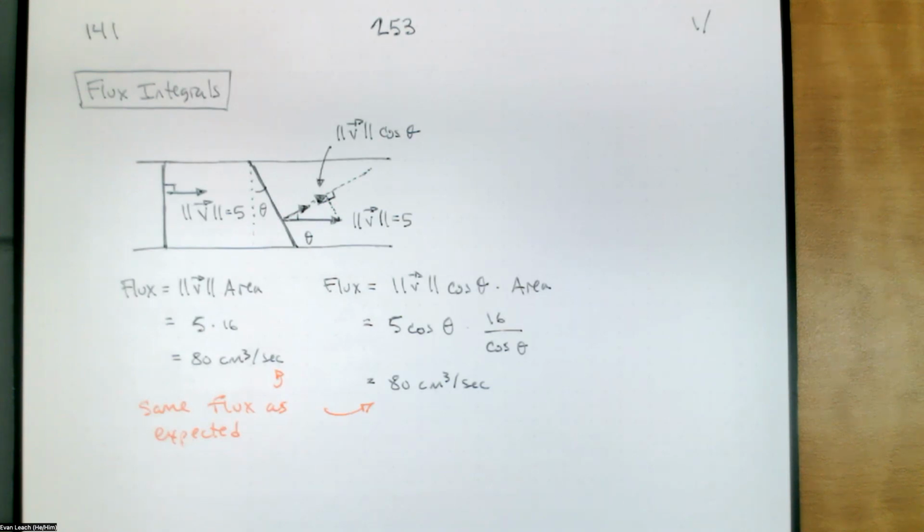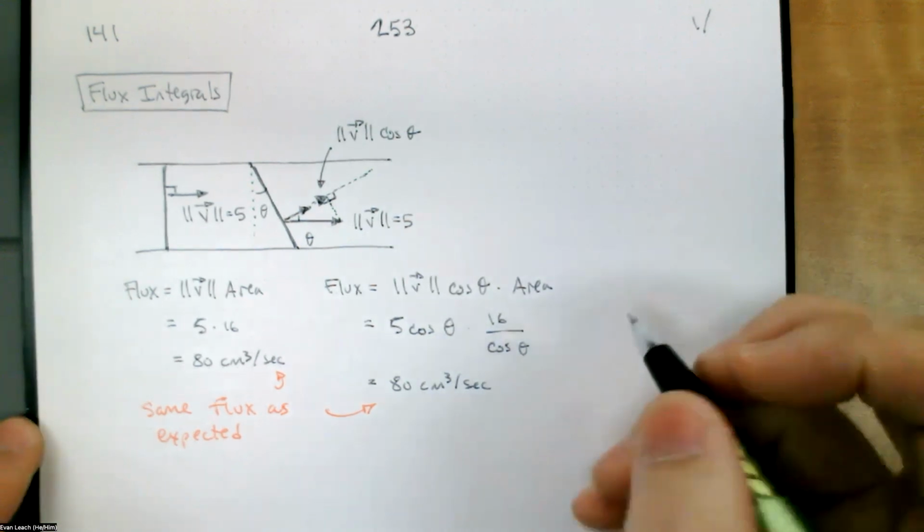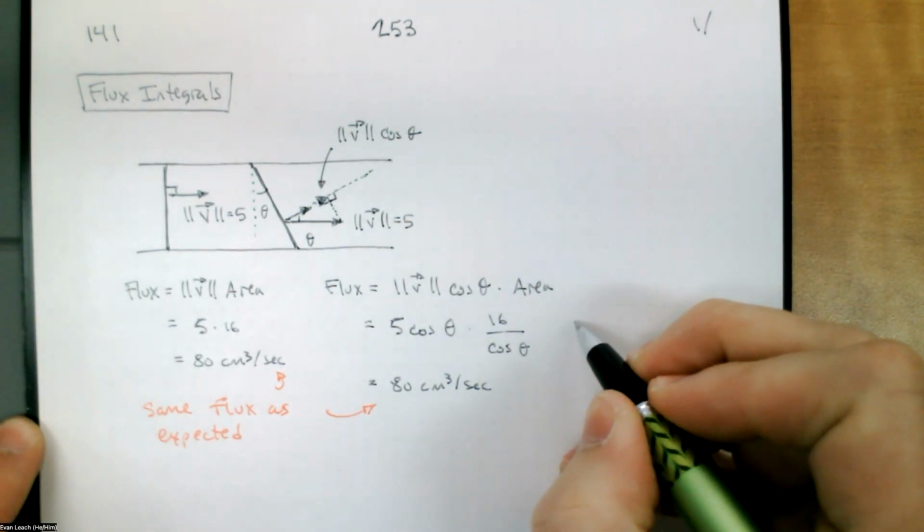So the natural progression is, since we're dividing by the cosine of theta, that makes the area larger. As theta increases towards 90, as theta approaches 90, the cosine of theta is approaching 0. And so the area of the cross section is approaching infinity. We're taking 16 and dividing by a smaller and smaller amount. So that's another thing that we want to point out. As theta approaches 90